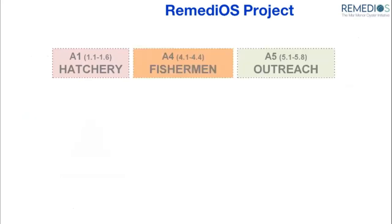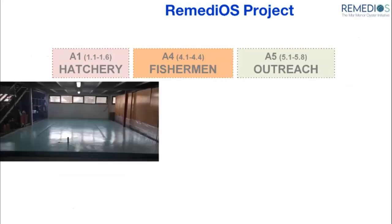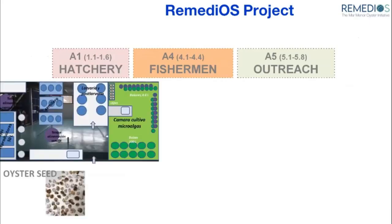Well, we focus on 3 points. The first one would be the hatchery, the second, work with fishermen, and the third, the dissemination work. We are building a small experimental hatchery to test the viability of the reproduction